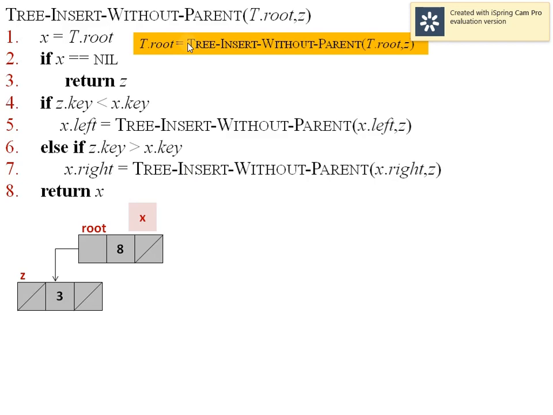Kindly note that in a binary search tree, the root of a node is never going to be updated unless and until we are deleting it. So either I write t dot root equals function call, or I simply call this function, it is never going to update the root of a binary search tree. We will always return the old root during the insertion operation.